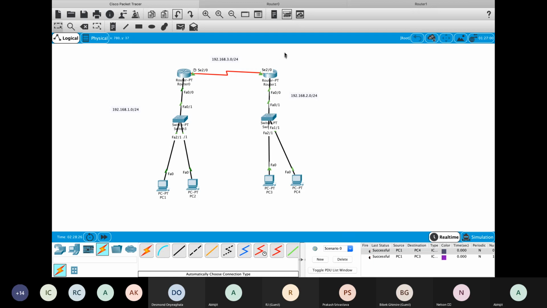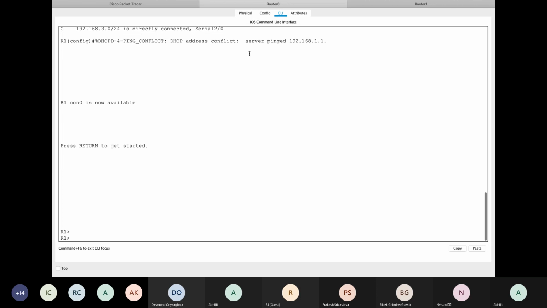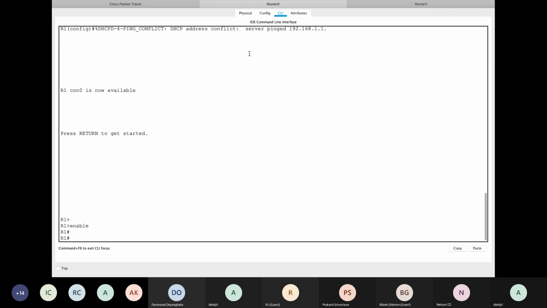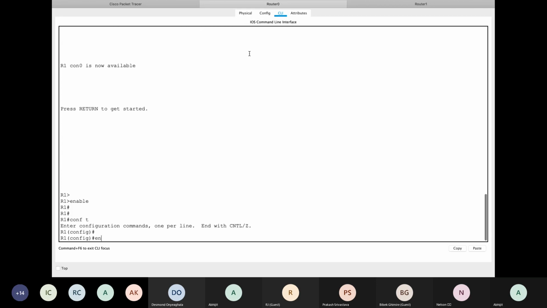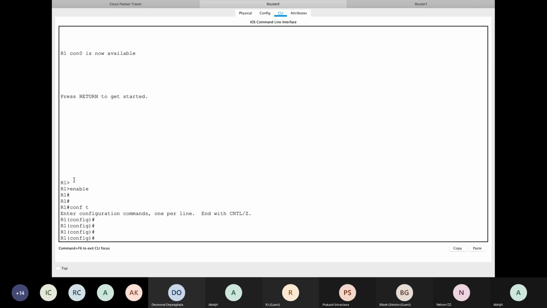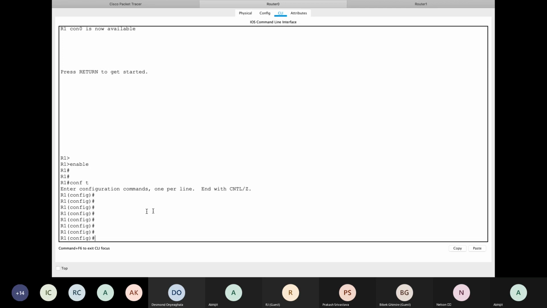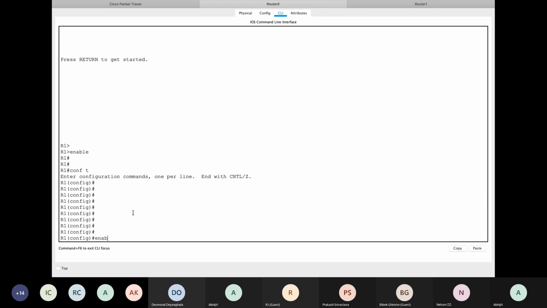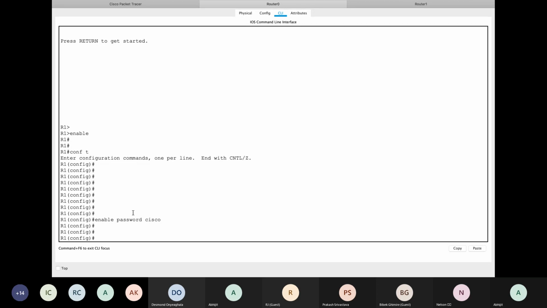Correct? So I'm going to be on R1, and over here we're going to create an enable password first, which protects your enable mode. You can see that directly from user mode you can go into enable mode, and there is no authentication used to secure it. Anyone who gets into enable mode will be able to go into config mode as well. So I'm going to say enable password Cisco, and then